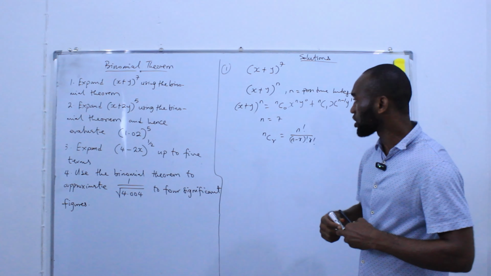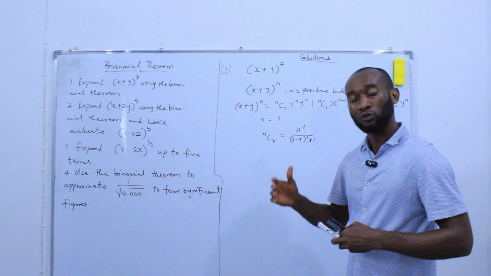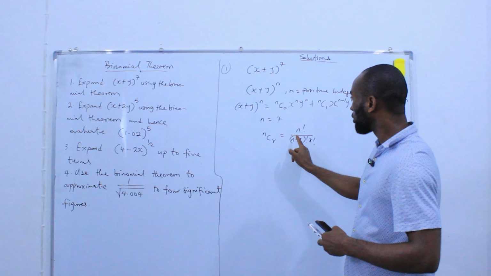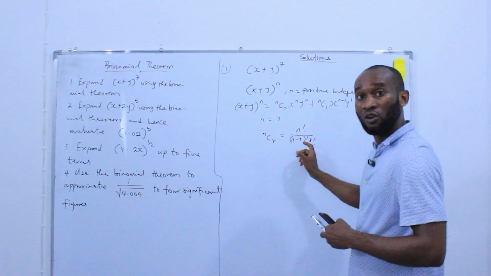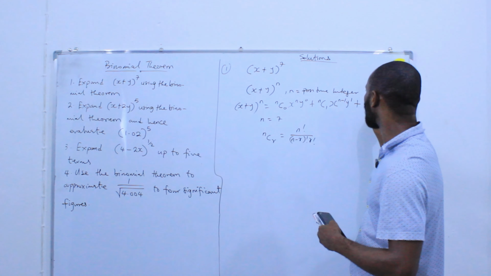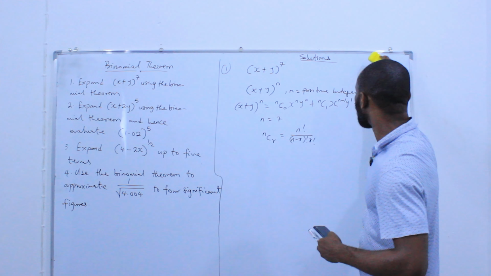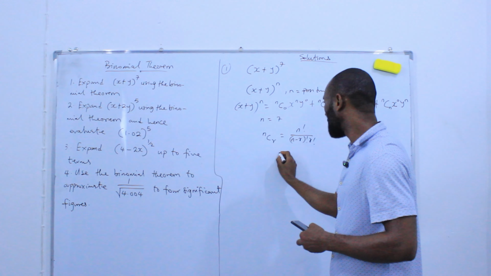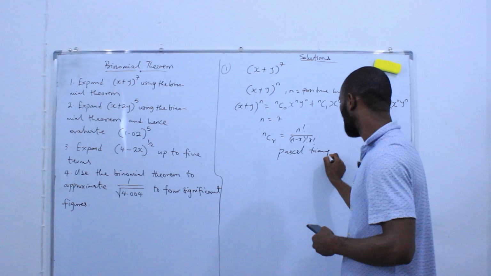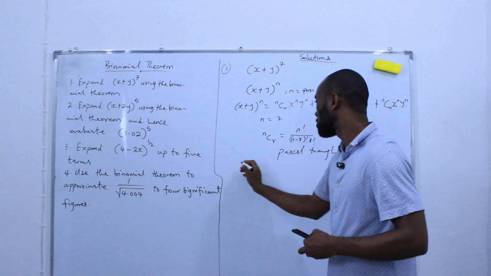By the time you finish evaluating this, it could really take more time before you input the results from the formula into the space where the coefficients are. So what students do is to use the Pascal triangle for x plus